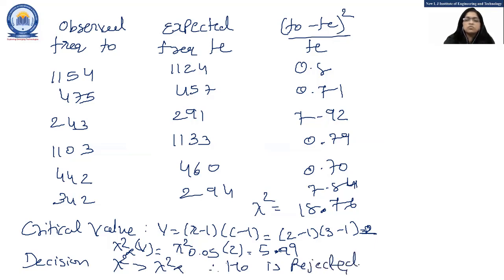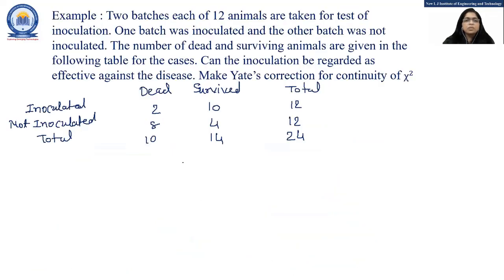Okay, let's move to one more example. 2 batches, each of 12 animals, are taken for test of inoculation. One batch was inoculated and the other batch was not inoculated. The number of the dead and surviving animals are given in the following table for the cases. Can the inoculation be regarded as effective against the disease? Make Yates correction for continuity of chi-square. This is the given table, students. As from the given table, we can say that the capital N, that is 24, right? Total